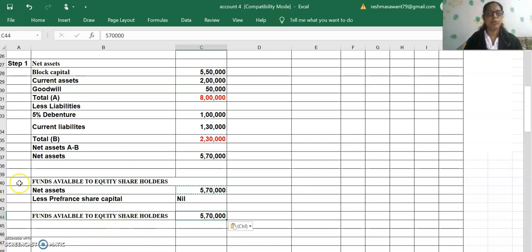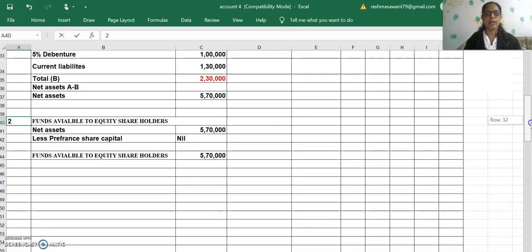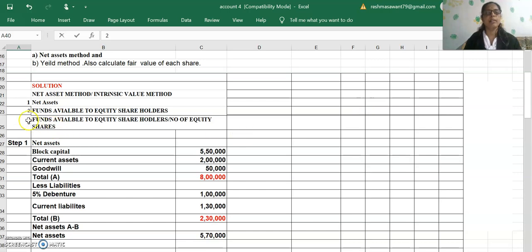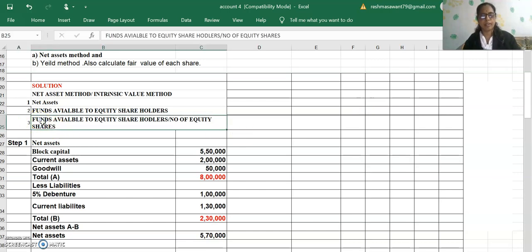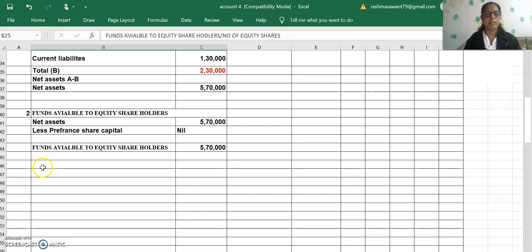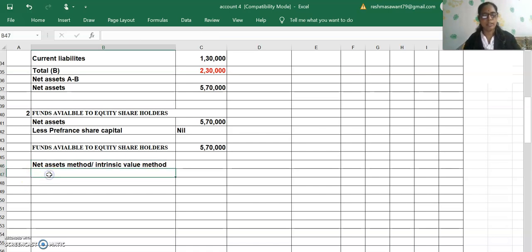This is step number 2. We calculate, or we find, the funds available to equity shareholder. Now we use the formula and calculate the intrinsic value as per the net asset method, or the intrinsic value method. Formula for this: